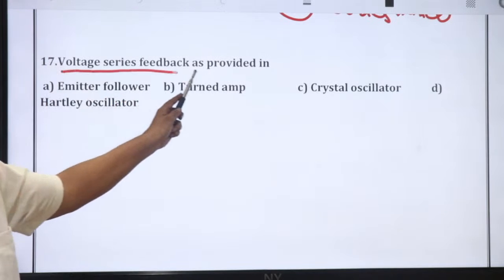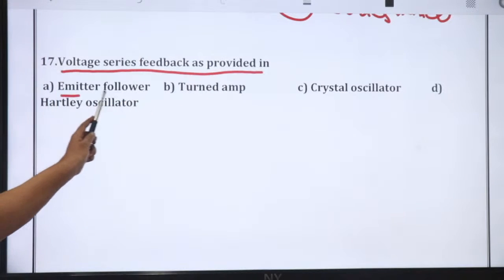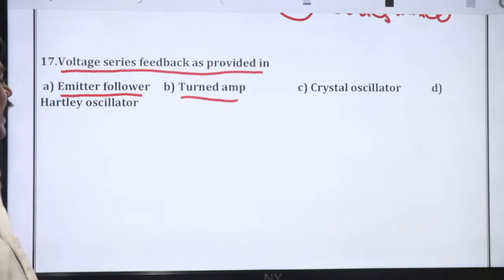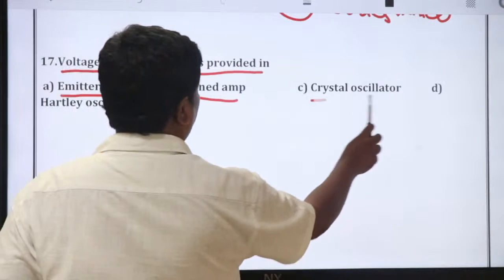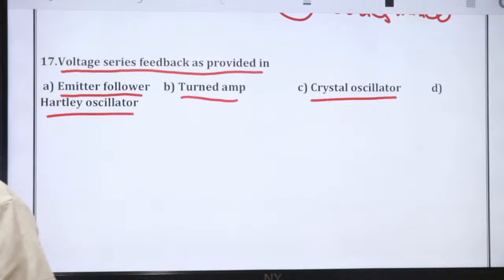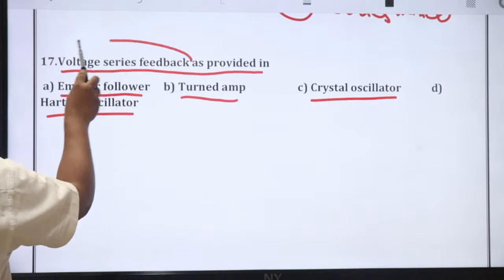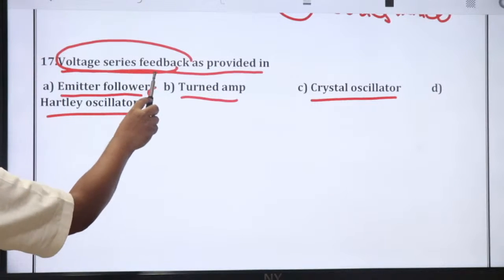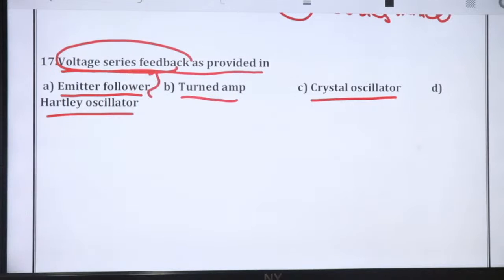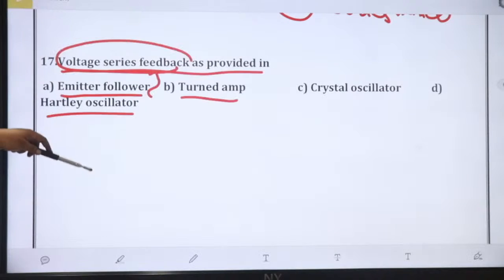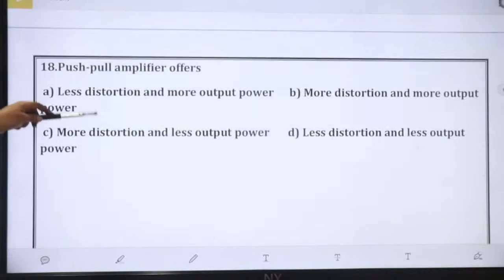Voltage series feedback is provided in emitter follower, tuned amplifiers, crystal oscillator, Hartley oscillator. Voltage series feedback is present in the emitter follower circuit. Emitter follower circuit. Next,